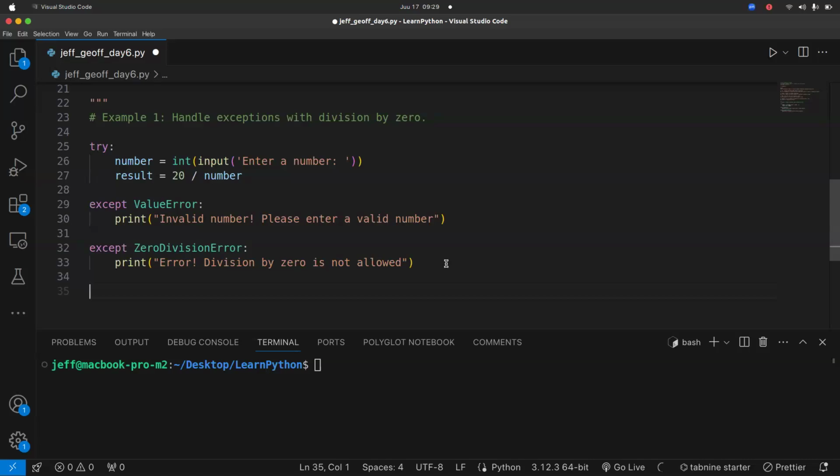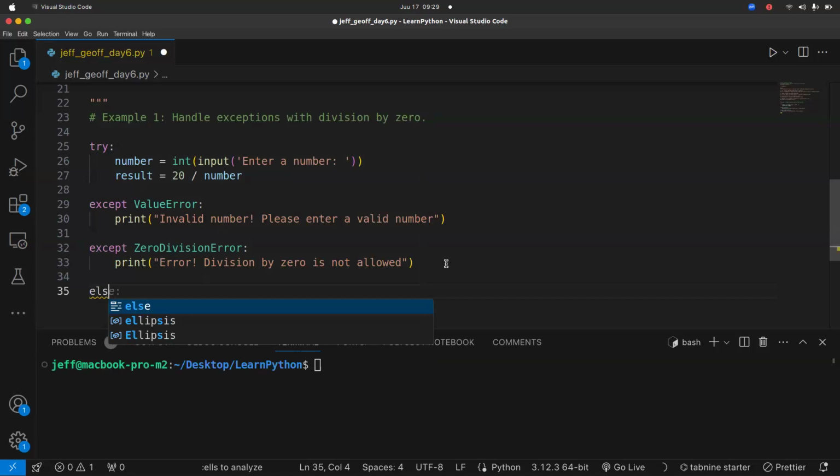Now, what happens if you're finished with these types of errors? You can now create the else block of the code and say, if you enter a valid number, then you can print the results of the number. And then you can say print, let's have it as a formatted string.